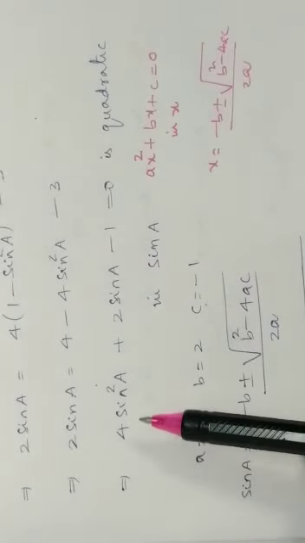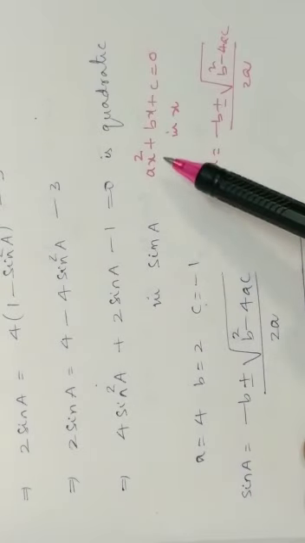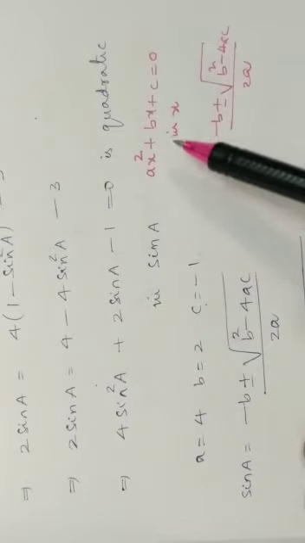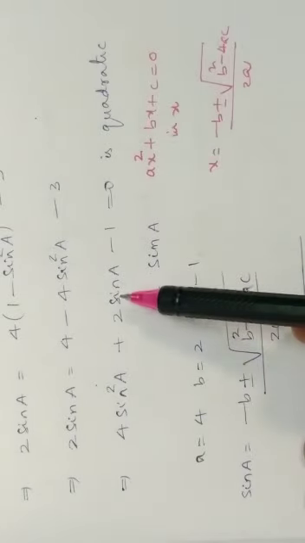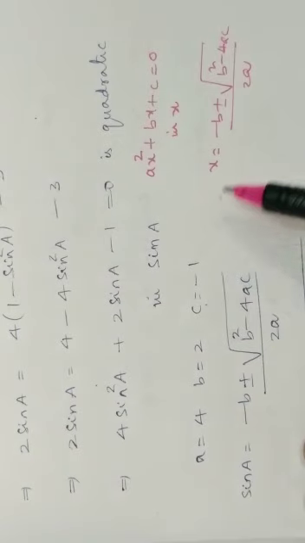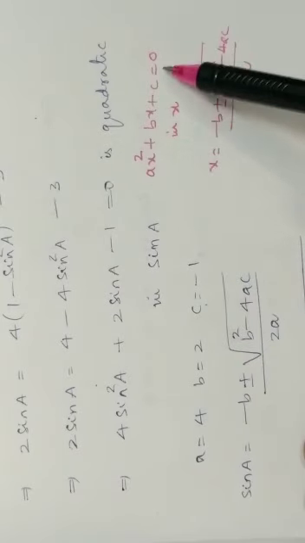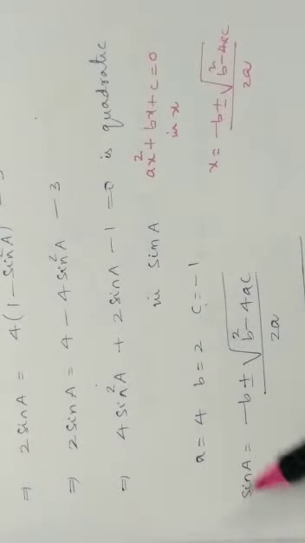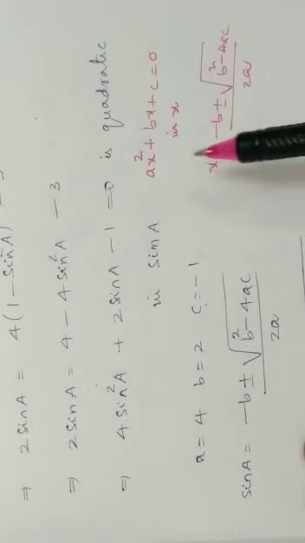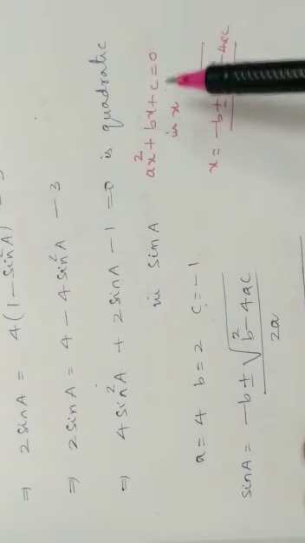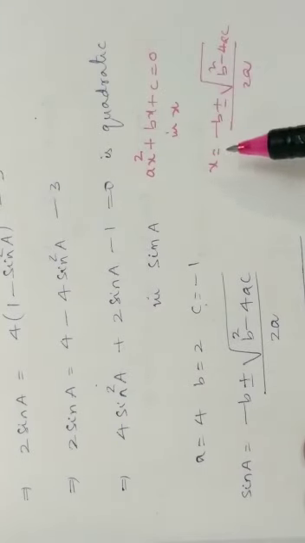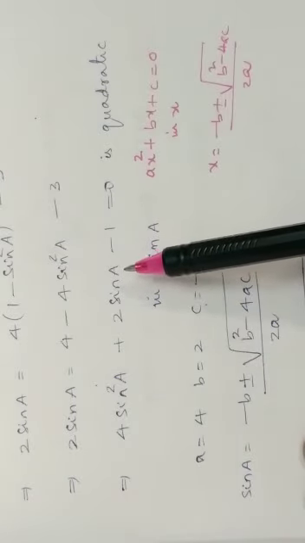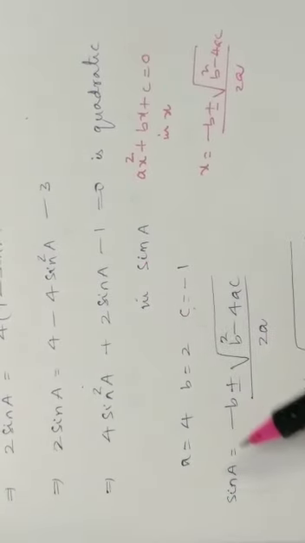But whereas in the problem, x is replaced with sin A. In the place of x, you are having sin A. So, if you solve this quadratic, you will get x value. If I solve this quadratic, I will get sin A value. If the equation is in terms of x, by solving, you will get x value. Here, the equation is in terms of sin A. So, by solving, I shall get sin A value.